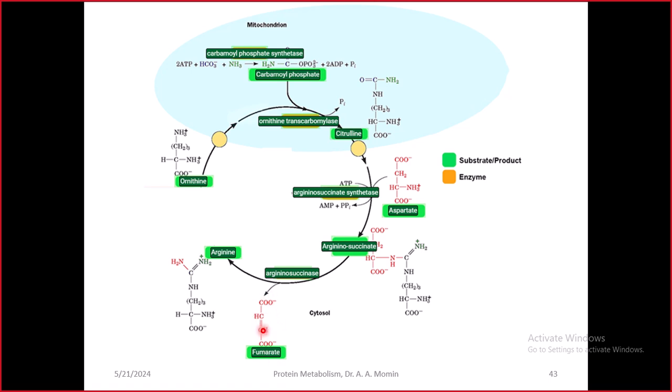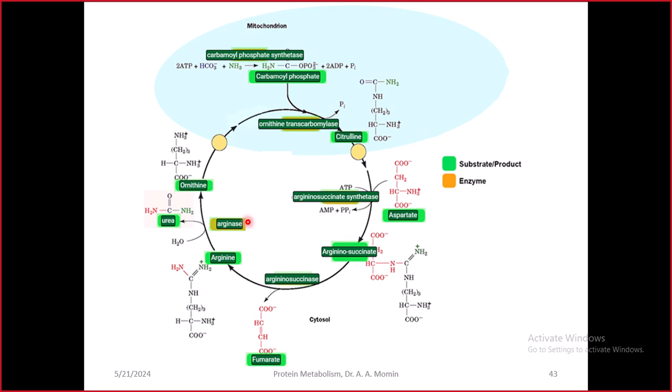This fumarate, as we discussed, can enter the TCA cycle, as one of the metabolites in the TCA cycle, it is utilized there. The enzyme that catalyzes breakdown of the arginosuccinate is arginosuccinase. It is a lyase type of enzyme, and arginosuccinate, by liberating fumarate, itself gets converted to the amino acid arginine. So the difference between arginosuccinate and arginine is the absence of this carbon skeleton which is coming from the aspartate on the amino group present. So this is the arginine, and in the final step, again a lyase type of enzyme,